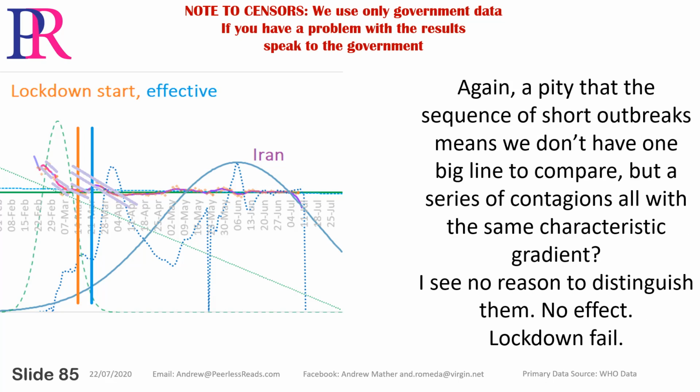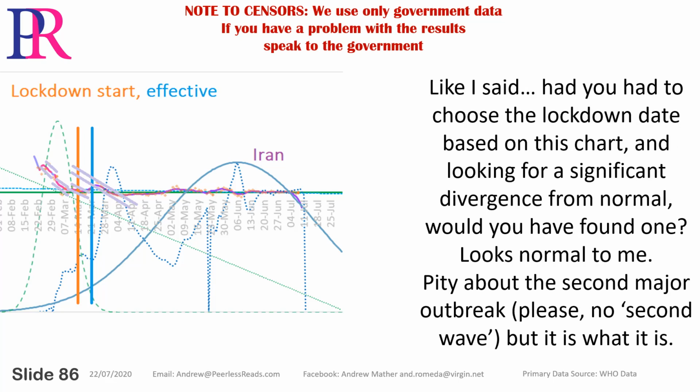Again, a pity that the sequence of short outbreaks means we don't have one big line to compare, but a series of contagions all with the same characteristic gradient. I see no reason to distinguish them, no effect, lockdown fail. Like I said,